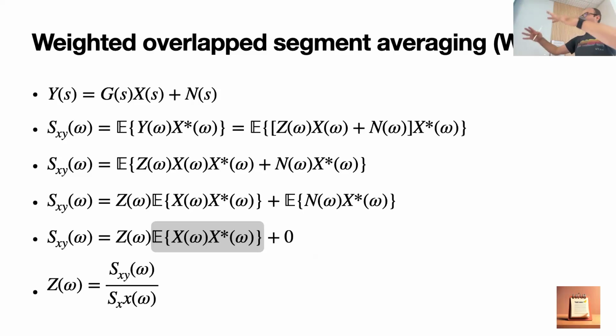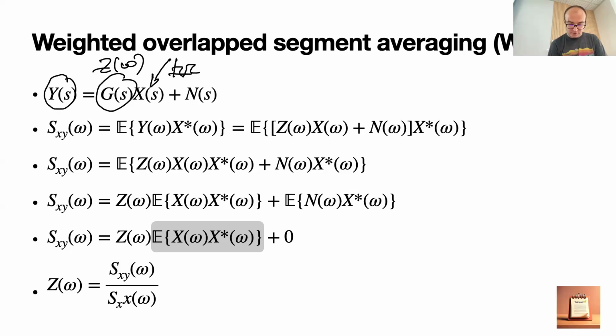And this is where all the noisy stuff comes together. This is the main part, and I think we can do it comic book style. So we said this is our impedance that we would like to look at. G of s, it should be Z of omega, I will change the notation. This is our input, this random signal. This is our output, and this is the noise that we measured. And let's start